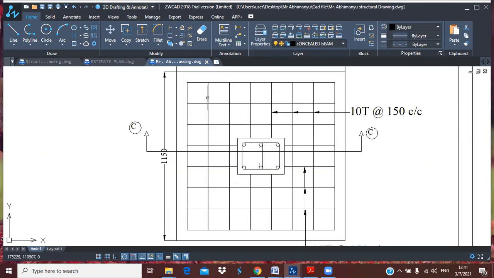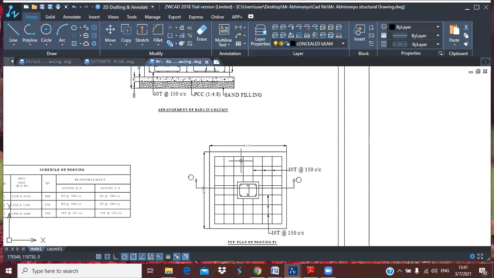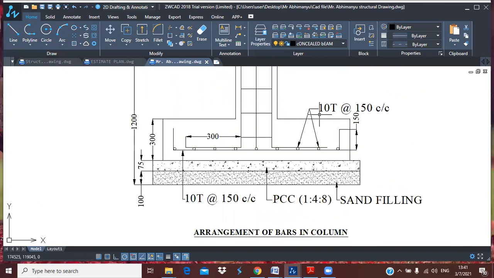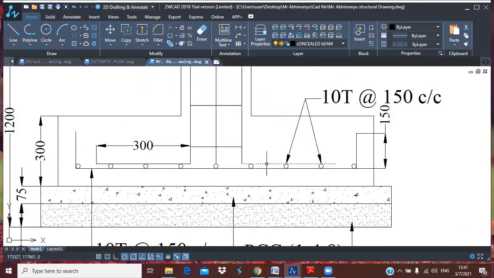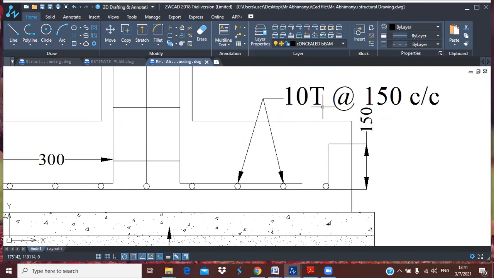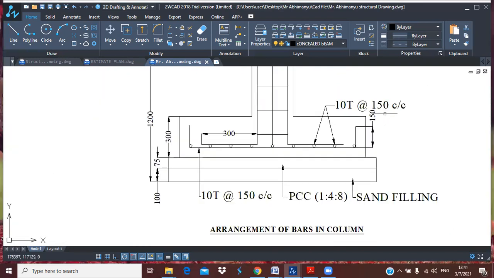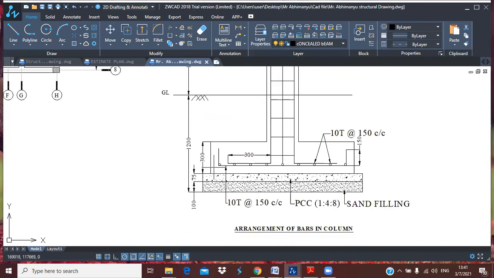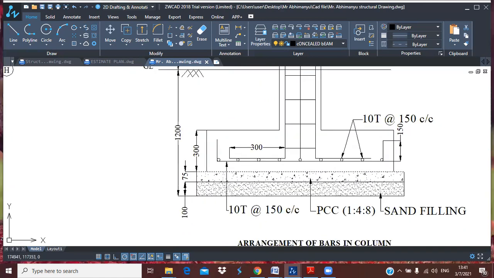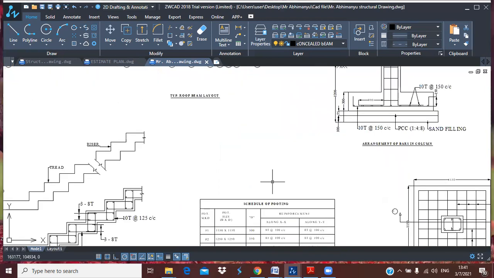Like suppose if you are going for the shorter side or for the longer side, likewise you can calculate the number of bars for this length. And now you can see here, this is the top length. This is the column bar, and the detail of the column bar is also given here. This is the 10 mm bar and the spacing is 150. Like this you can read the number of bars, the cover, and the dia of bar. These are the main things in your BBS calculations.